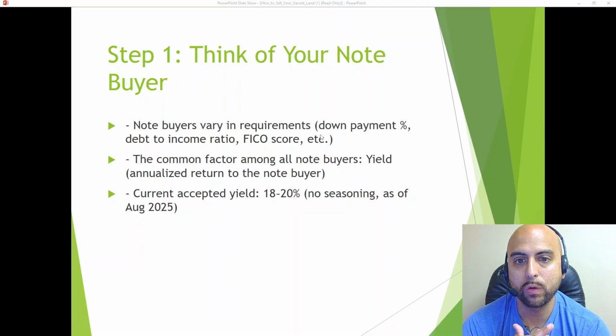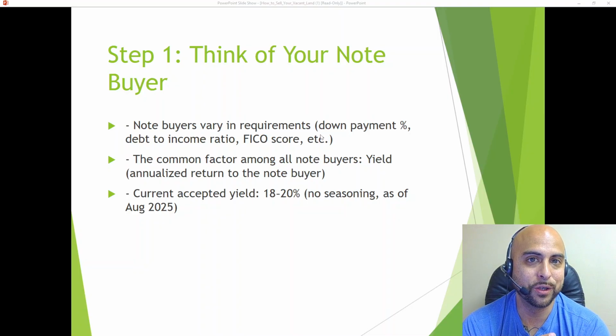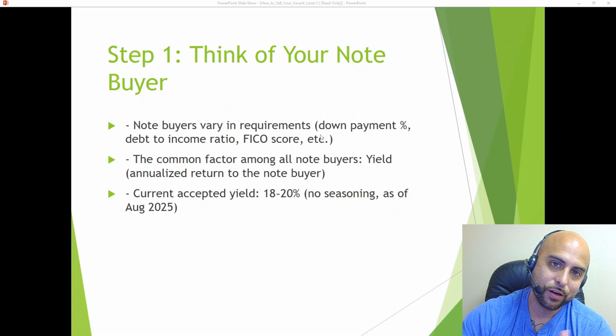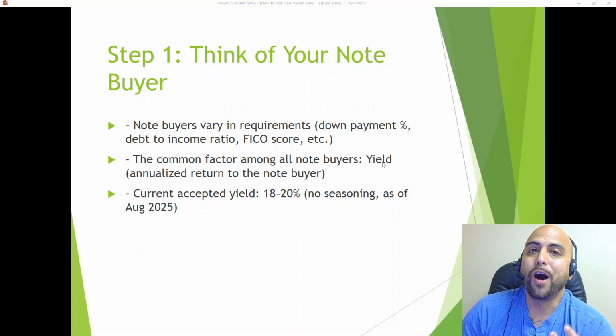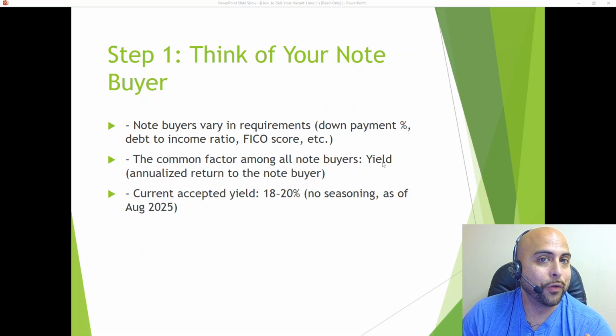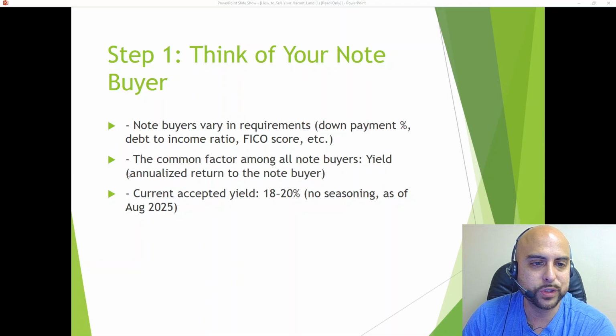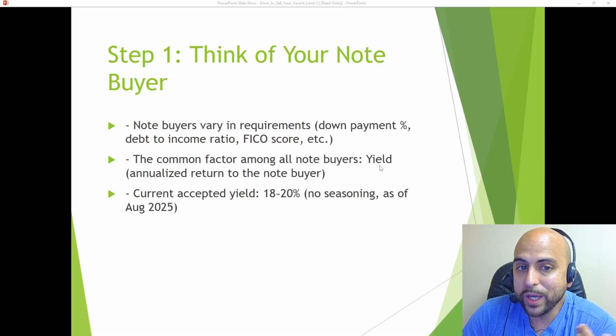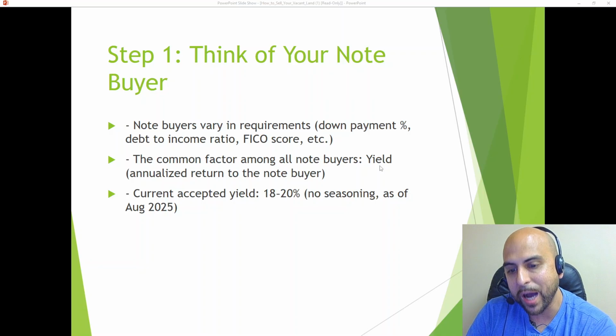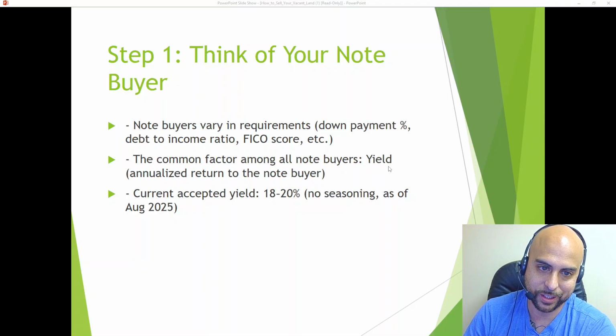But you'll find very quickly that for each note buyer, whether they're a mom and pop note buyer or a professional note buyer who buys notes for a living, they all care about the yield. They all care about how much money they're going to make when they buy your note. So what is a yield? A yield is just the annualized return that a note buyer is going to make when they purchase your note. When we know what yield our note buyers want prior to structuring our owner finance deal,